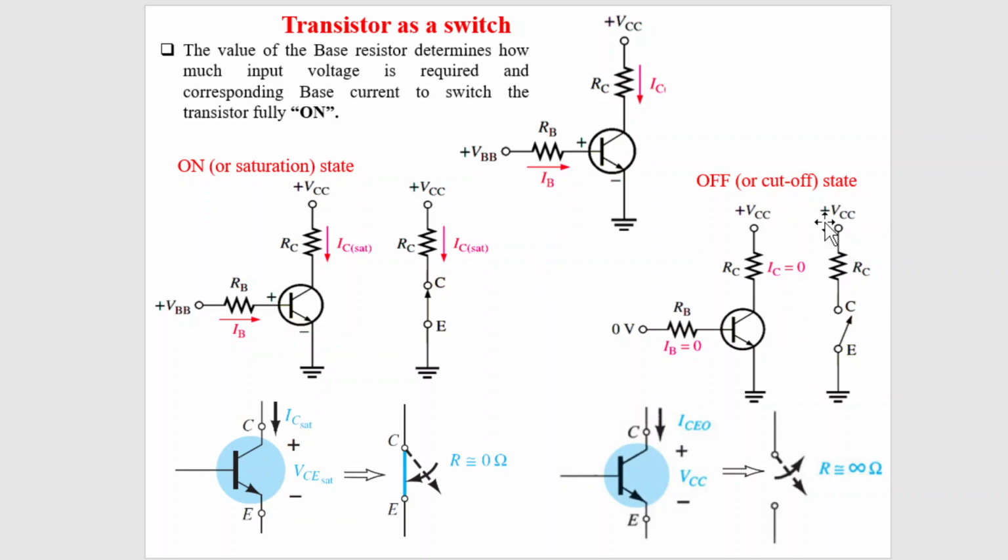And in the off situation, we know there is no base current, IB is equal to 0, and there is no collector current. So we know there is infinite resistance here, while here we have 0 resistance. If the value of the base resistance becomes infinite, very high, the transistor is in the cutoff region. If the value of the base resistance becomes 0 or very minimal, then the transistor is in the on state or saturation region. And in the saturation region, we have a saturation collector current equal to VCC upon RC. This is what we know.